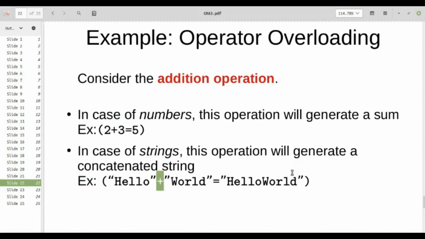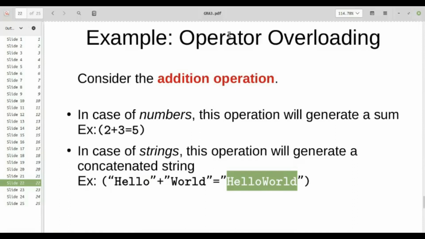So you can see that the same operation has two different behaviors only by changing the type of data that is being used. When we are using numbers as data, we have one type of behavior. When we are using strings as data, we have a different type of behavior. So this is the fun of polymorphism. So the same operation, keep in mind, the same operation can have different behaviors.